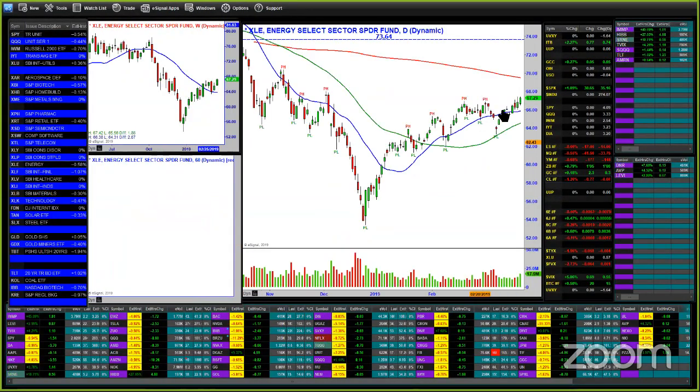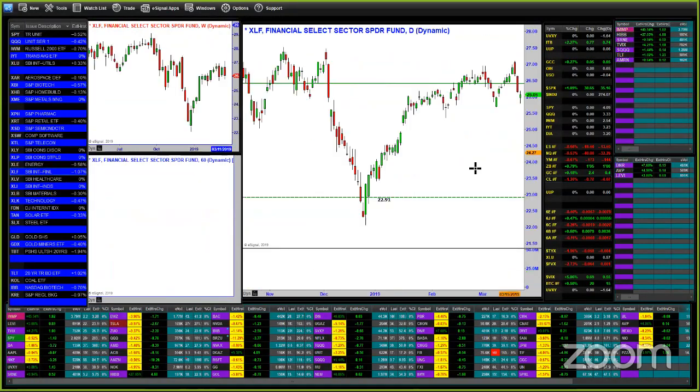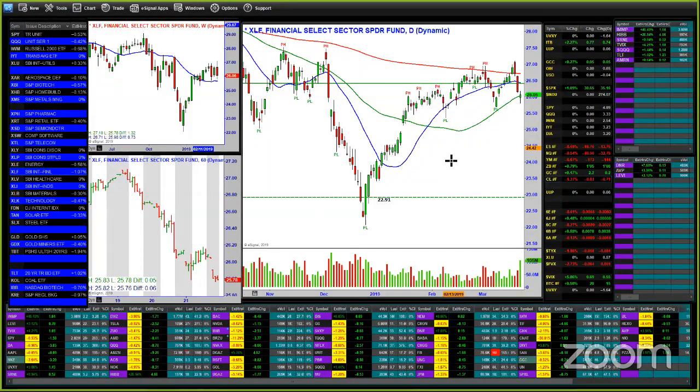Energy just looks really good. It looks like maybe one of the best places to be right now, where it can continue to move higher after this shakeout. And financials, which did look like they were going higher a few days ago, fell all the way back down to the support. So trading range at best, maybe breaking lower with interest rates falling as they are. With the yield curve narrowing, it may not be the place to be as it looked like it could have been. So stocks like Goldman, which looked